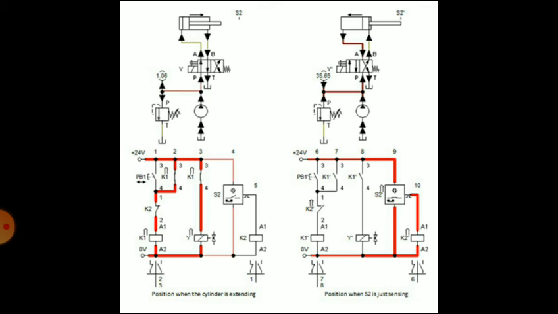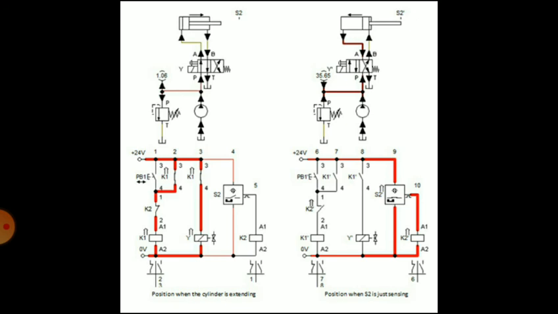In the second line you can see points 3 and 4, where a relay switch K1 is placed, and below that there is a solenoid Y shown. So in this circuit diagram you can see there is a 4x2 single solenoid spring return DC control valve that is used. So only one solenoid is used, and the other stroke is due to the spring return.